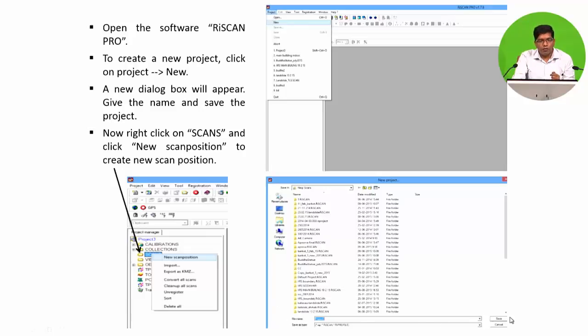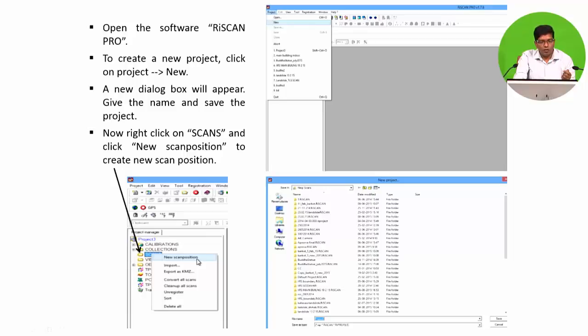Once we give the name of the project and also the location, these files will be generated, which will have the calibration file. Basically this calibration file is the calibration between the camera and the TLS, and also a folder for various views after the data is collected, and other things which will help in merging the data and also different kinds of visualization. Initially, as soon as the project is created, we simply have to right click on the scan folder, and then these are the various options available. So simply we have to click on this new scan